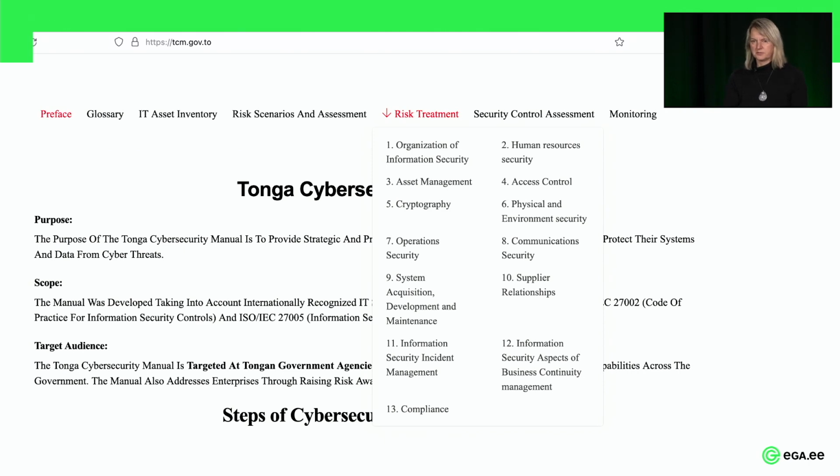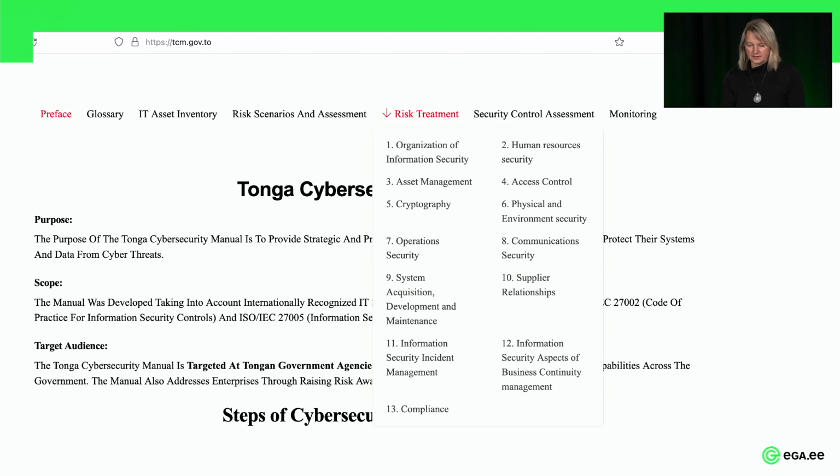It's a sub-chapter in the manual, and there are 13 different sub-chapters for treatment. If you decide to treat the risk and find appropriate security controls, this is the page you should go to and choose what kind of controls you want to apply.